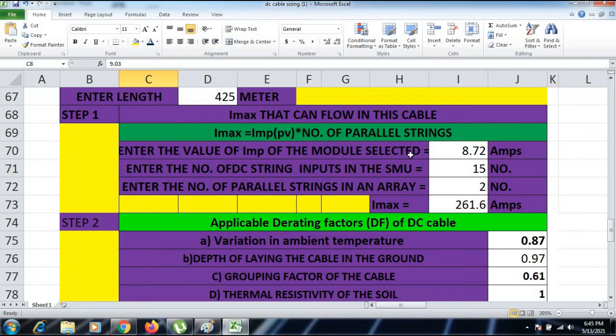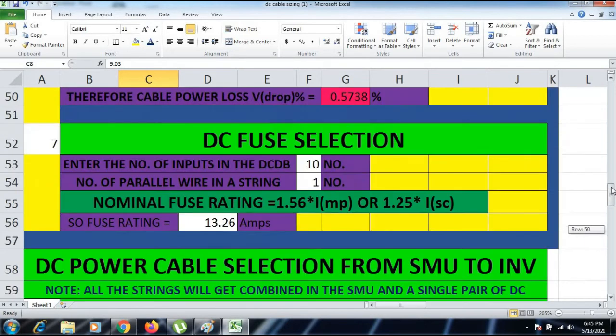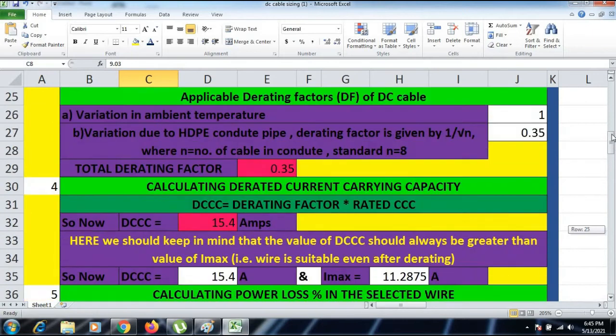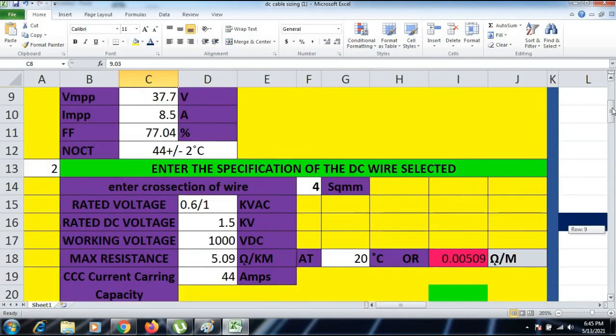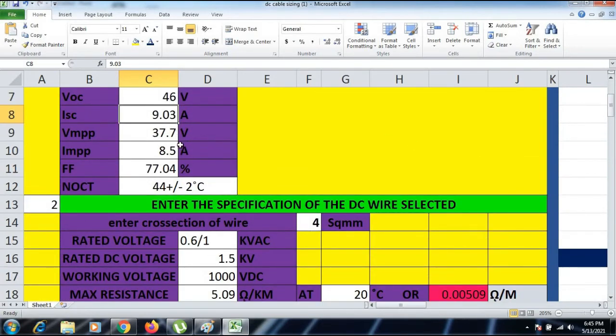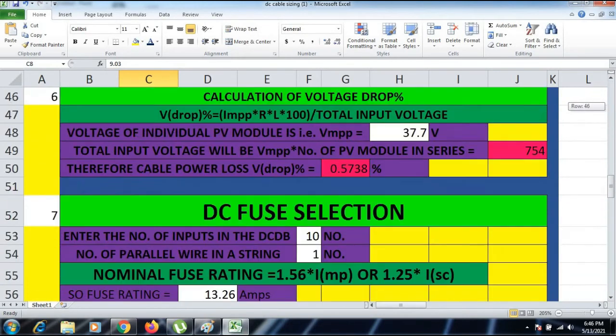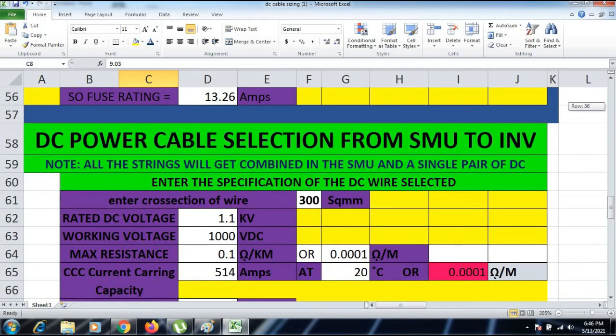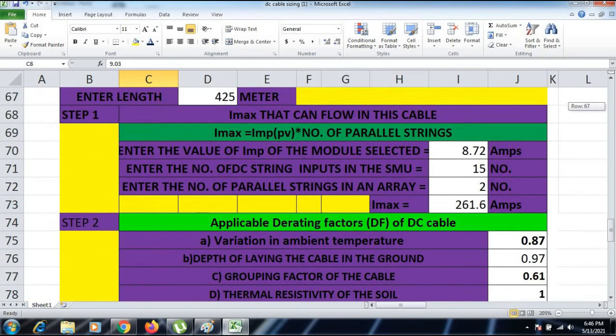Here, how will we get the Imax value when we are calculating the DC power cable selection? That time we will multiply that particular operating current with the number of parallel strings. As you can see, enter the number of DC string inputs in the SMU. We have taken 15 strings which are going to the combiner box.